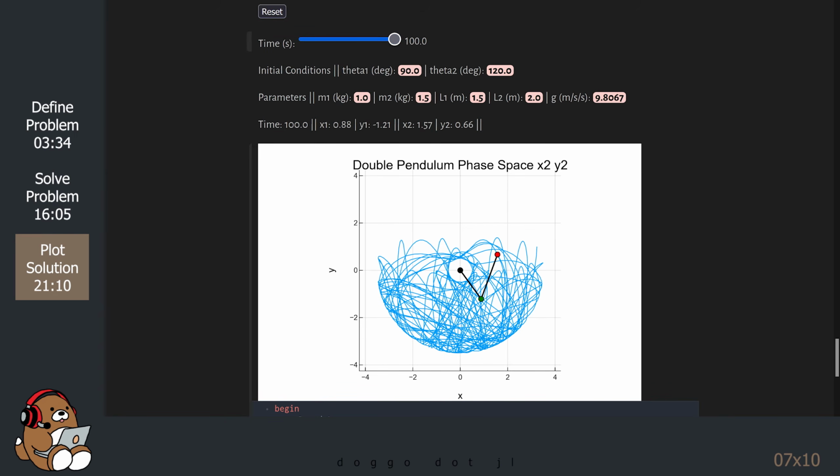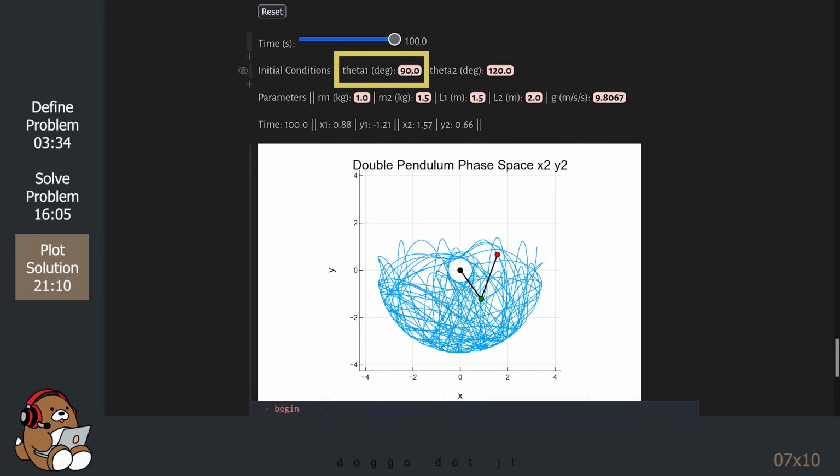Pretty wild, right? Now, one of the hallmarks of a chaotic system is that small changes to the initial condition can yield widely diverging outcomes, which is why long-term forecasting may not be possible, even if the system is deterministic.